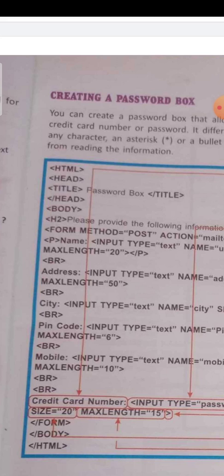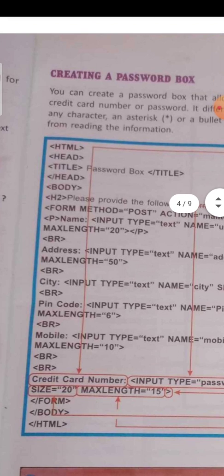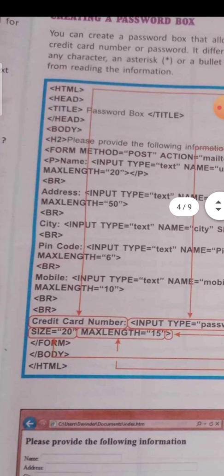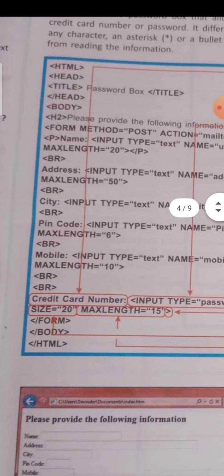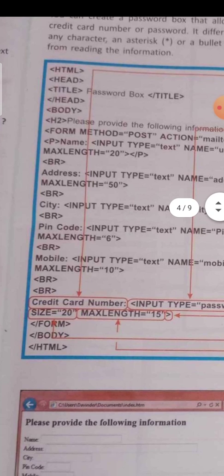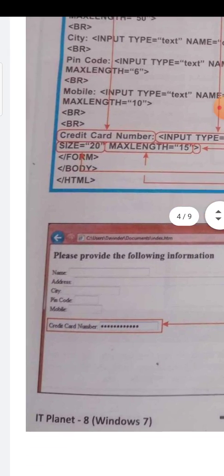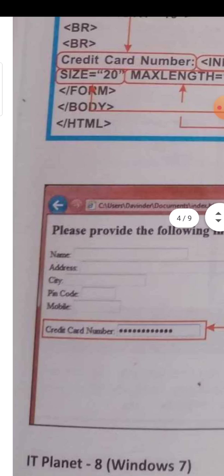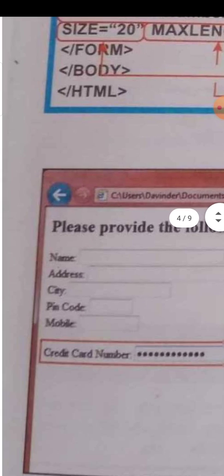So we write type is equal to text, and the heading of this box is address, and then again br, which breaks a line, and we go to the next line, and then city, the same procedure is followed for the city, and then pin code, the same procedure is followed for the pin code, and then mobile, and then maximum length. So that is the output of this question. You can easily see here, that is the output, pin code and mobile.